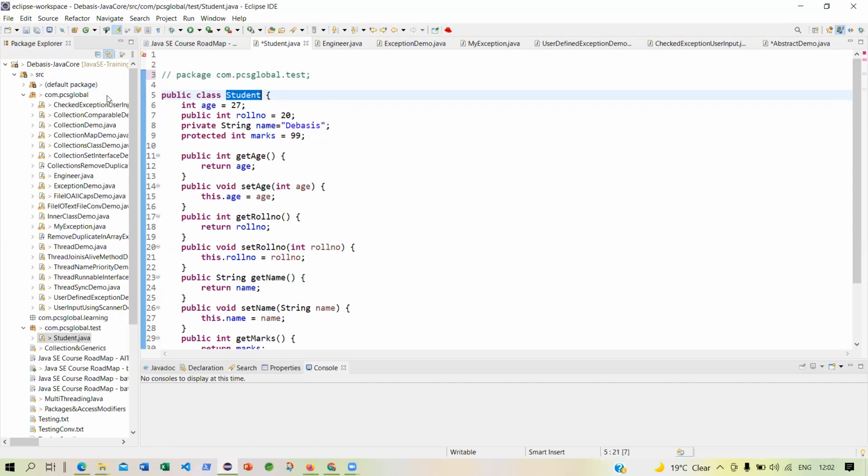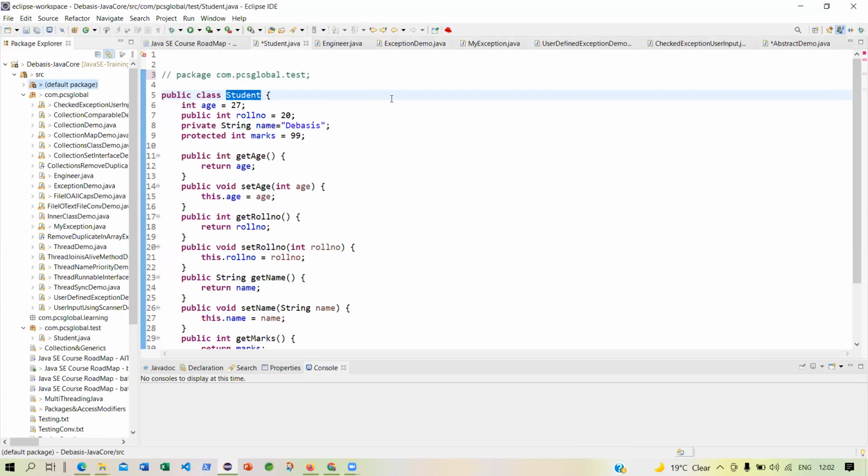If I do not mention the package, then by default, where will the compiler try to find the student.java? Default package. This simple question I'm asking you again and again.